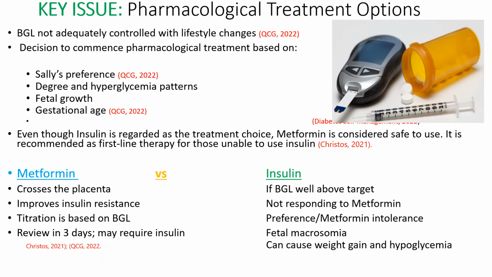Pharmacological treatment options. If BGL is not adequately controlled with lifestyle changes, decisions to commence pharmacological treatment based on Sally's preference, degree and hyperglycemia patterns, fetal growth, and gestational age will be made. Sally will be advised that even though insulin is regarded as a treatment choice, metformin is considered safe to use. However, because metformin crosses the placenta to the fetus, it is only recommended as first-line therapy for those unable to